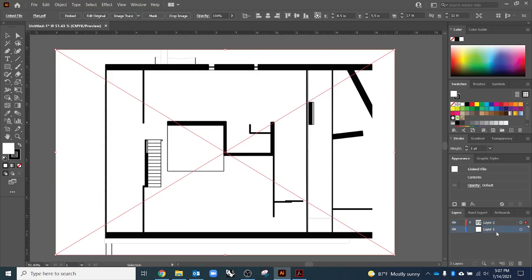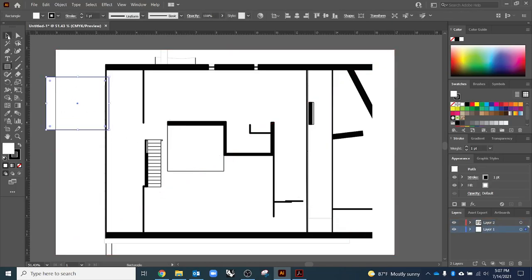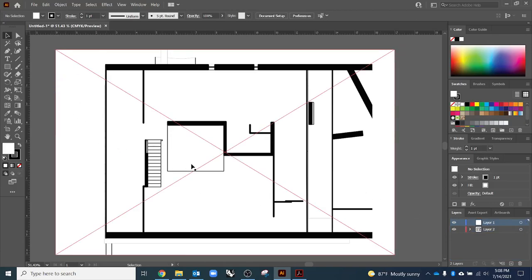So if I were to draw something now on layer 1, you can see my plan showing up as like in front of it. So I just want to make sure that I drag layer 1 to be on top. And I'm also going to lock layer 2. That way it doesn't move,